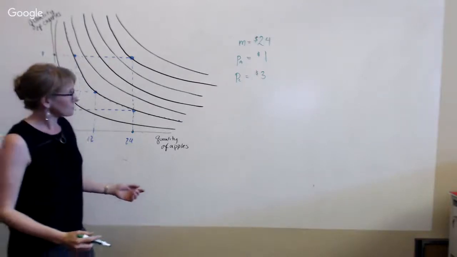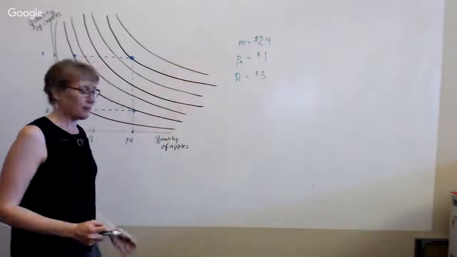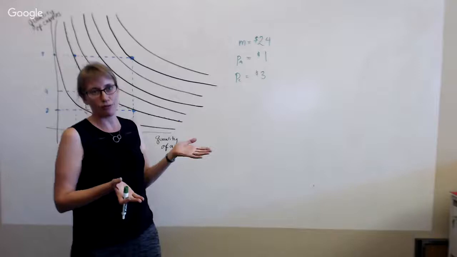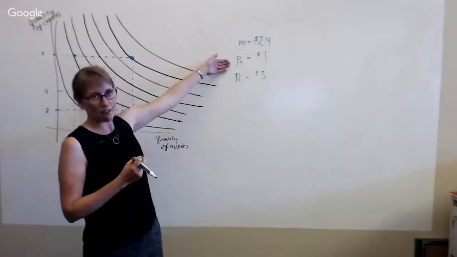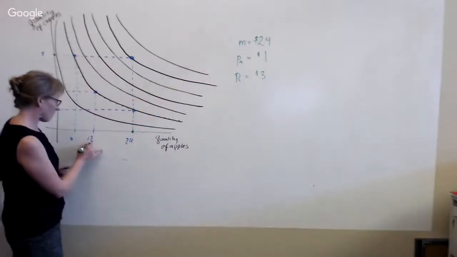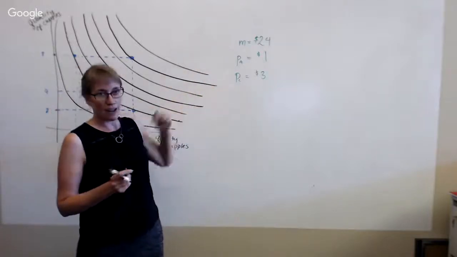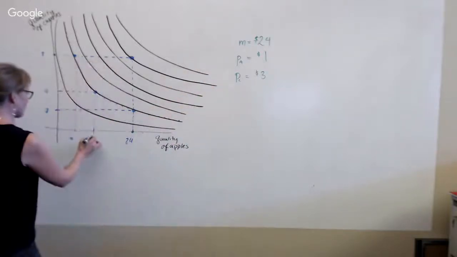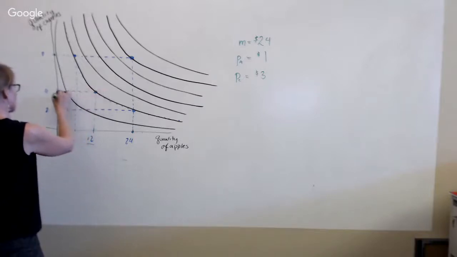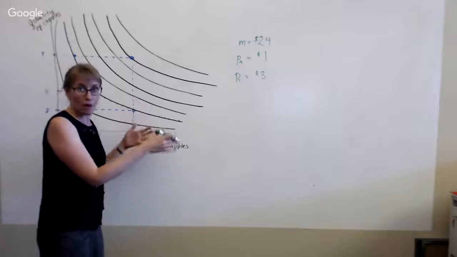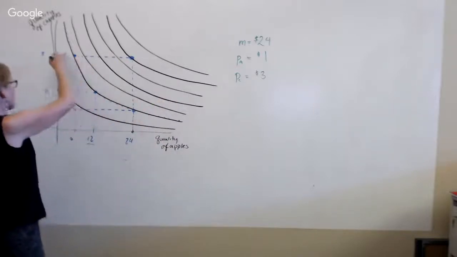I can also afford to spend, let's say, half of my income on apples. That's 12 apples. And that leaves me $12 that I can spend on 4 boxes of cherries. Well, lucky us. That's one of these points too. And we could keep going, finding other possible combinations, or we can